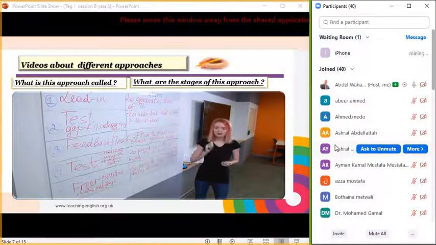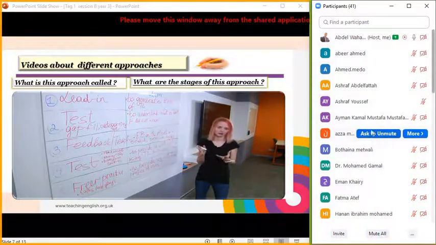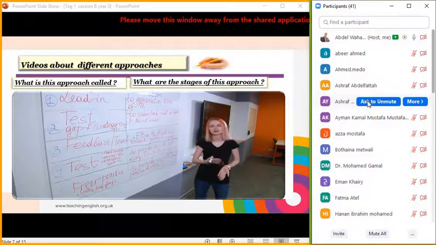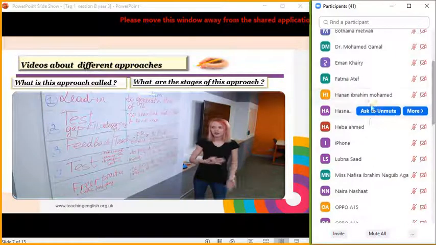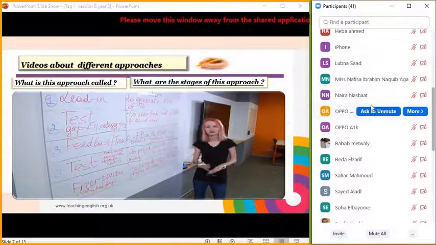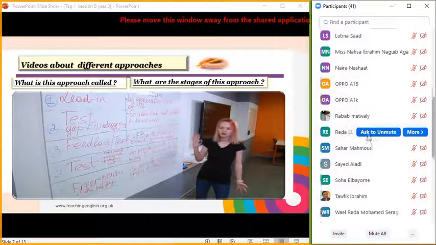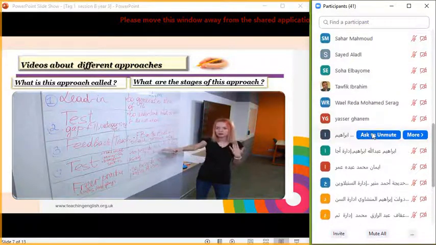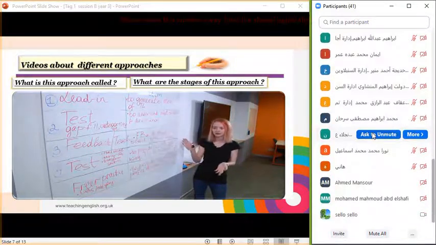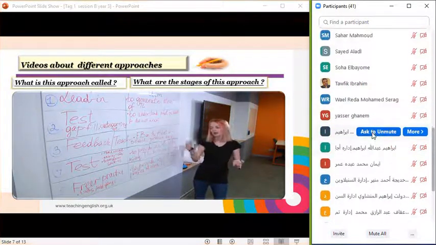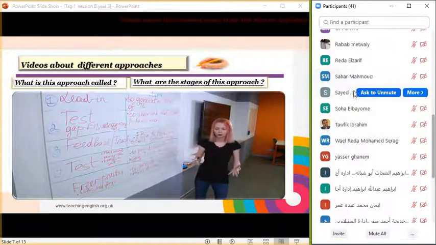The next one is test. Again, you may give your students exercises such as filling in the gaps, ranking vocabulary, answering questions, categorizing, gap fill, etc. And your purpose is to provide students with controlled practice using the target language and again to understand and to see your students' progress.